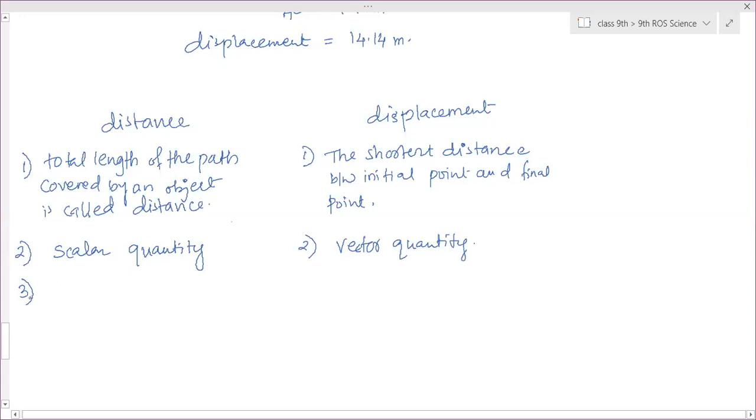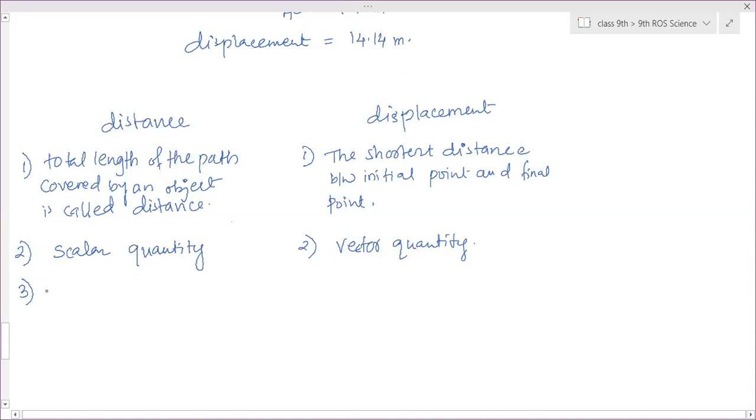Okay, Aditya, third point. Yes, ma'am. Yes, Kaushal? Kaushal is telling, distance is measured with an S. Distance is measured with S, capital S? No, that cannot be a differentiating point. Prithvi? No, that cannot be considered as a differentiating characteristic.